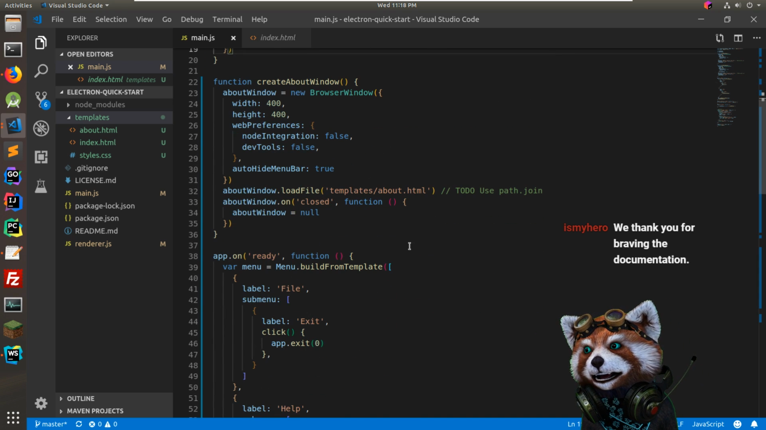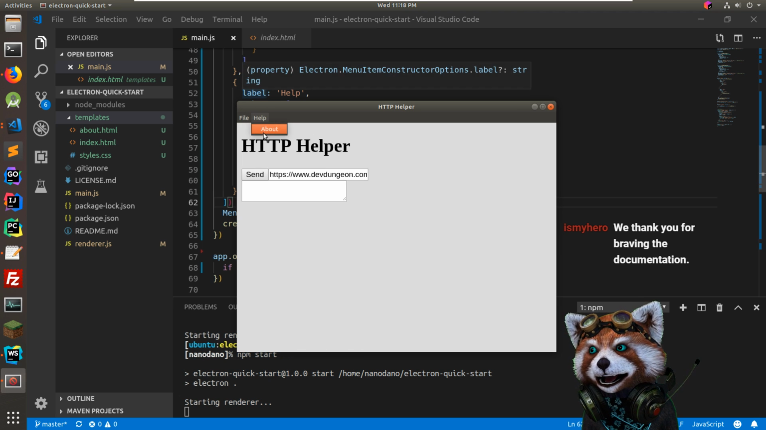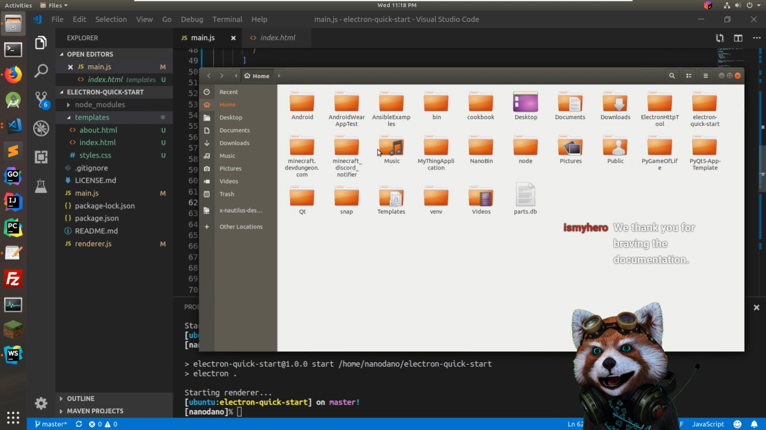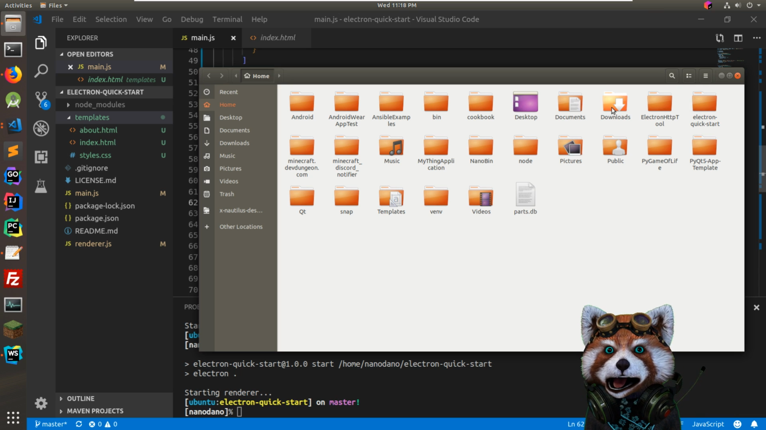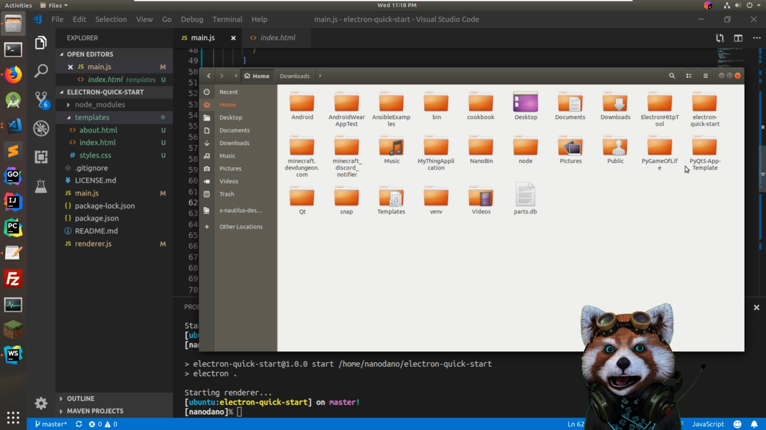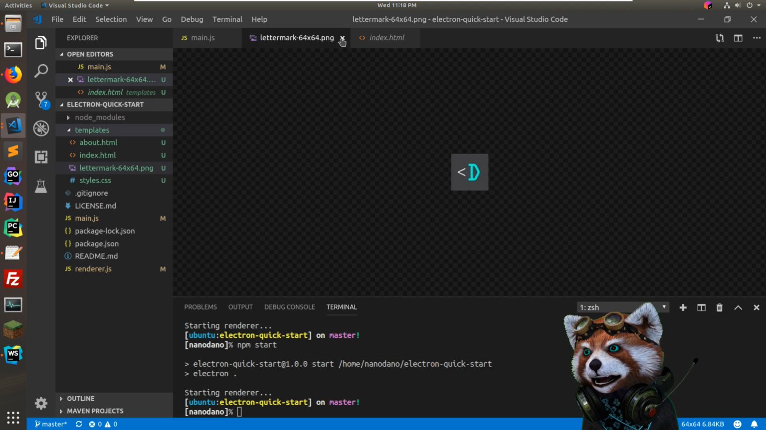Okay, so anyway, we're looking really good here. I got my help about window, and I guess if we wanted to add an image, that should be really easy because this is just HTML and JavaScript. So I should have, oh, I thought I had a logo. There we go. Yeah, so let me copy this file in there,